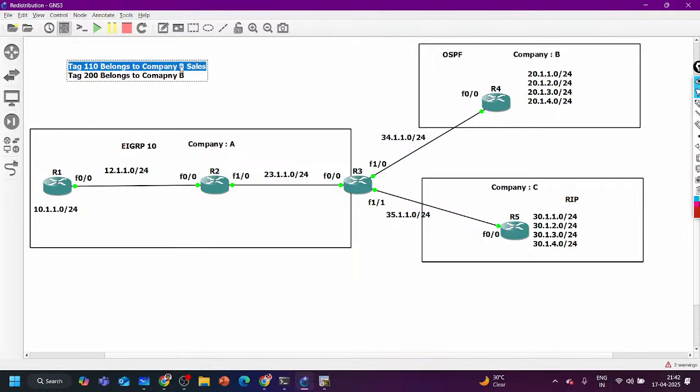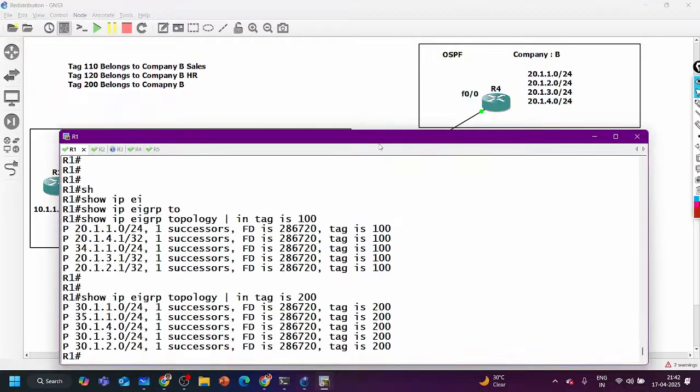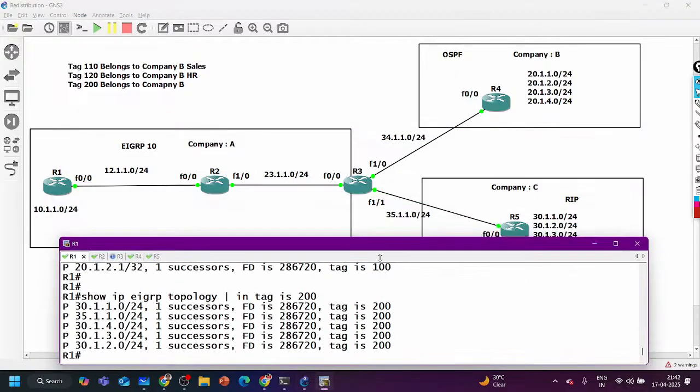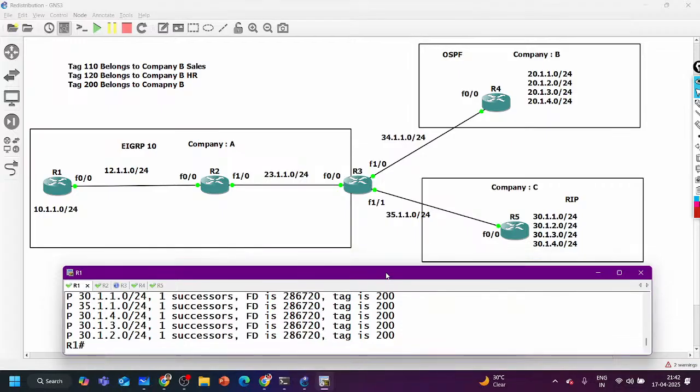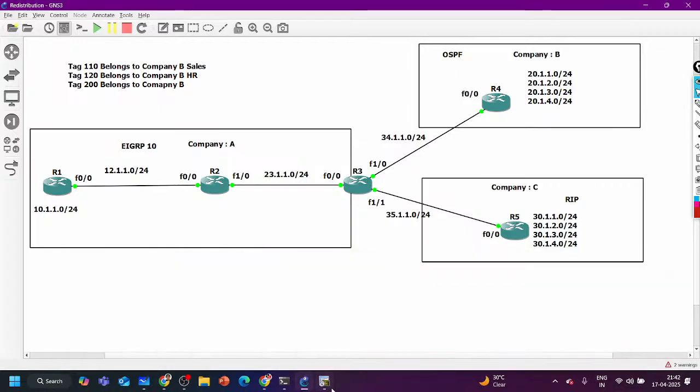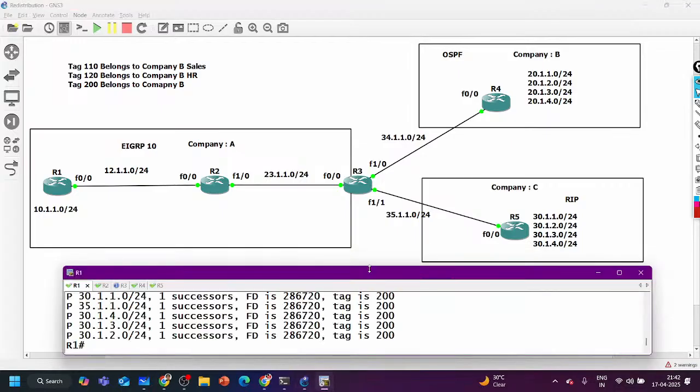And then you have this tag 120 belongs to company B HR. What you can do while redistribution only we can do it. These all things are possible while redistributing the prefixes in EIGRP.